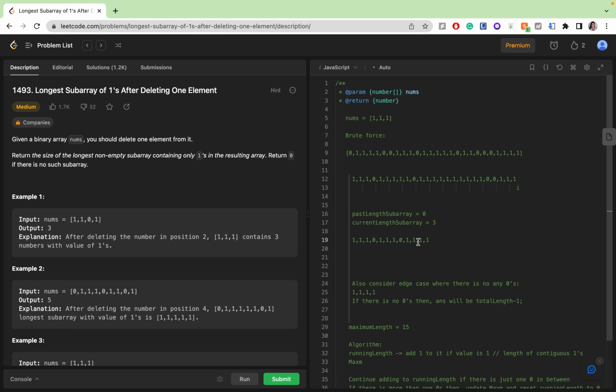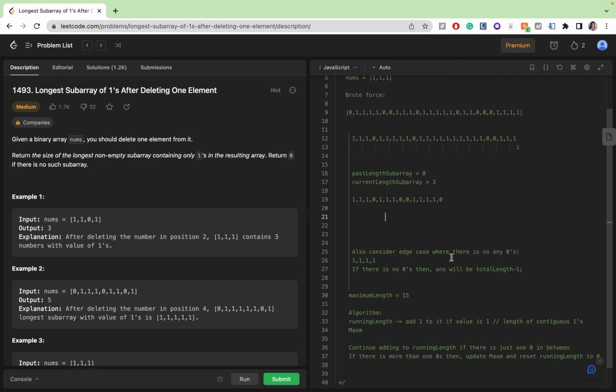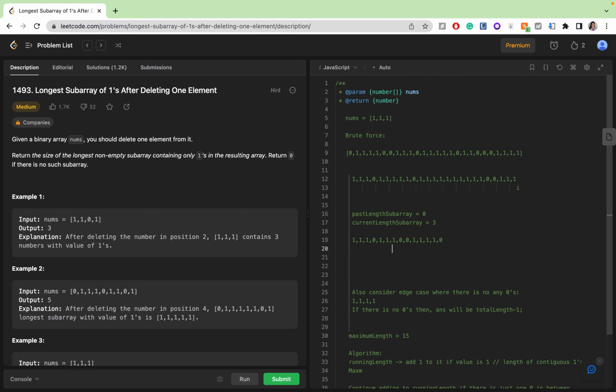And if there are two zeros, then after crossing two zeros, my past will be 0, because I cannot add anything to my current array. Yeah, that is my algorithm actually. So this algorithm doesn't work. So my updated algorithm is